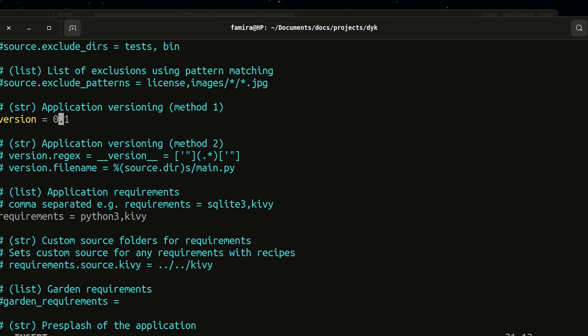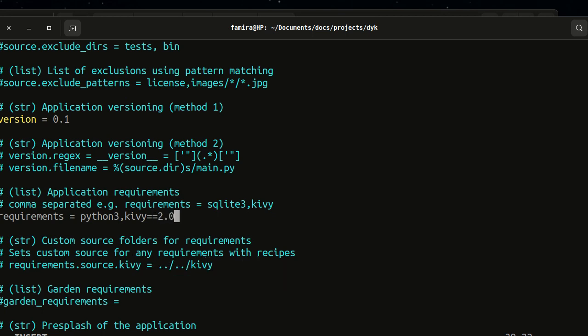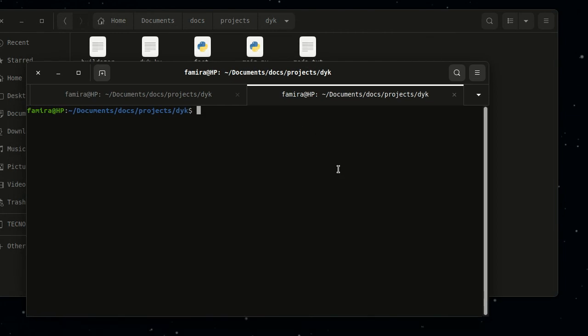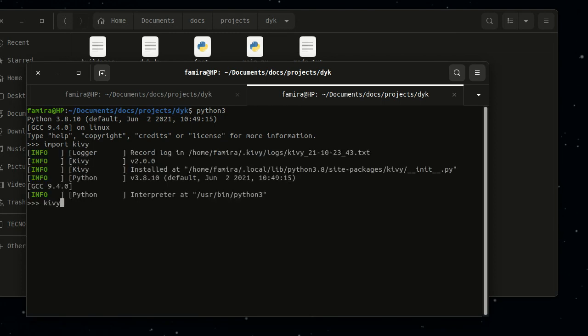You can specify your app version if you want. Now in our requirements, you can just enter your Kivy version if you want to specify a version. I'm going to specify version 2.0.0. You can actually check your Kivy version. Enter the Python interpreter, and I'm going to import Kivy as well as KivyMD. You can just say kivy.__version__. You can see I'm using Kivy version 2.0.0,